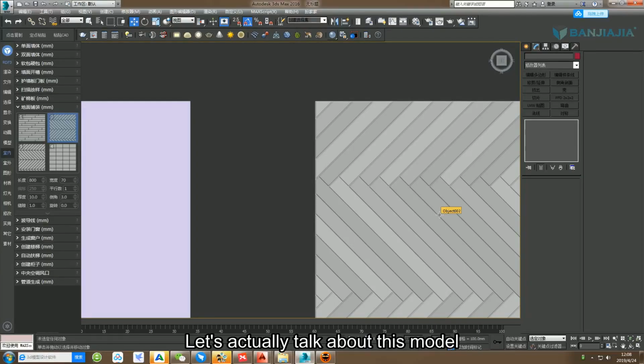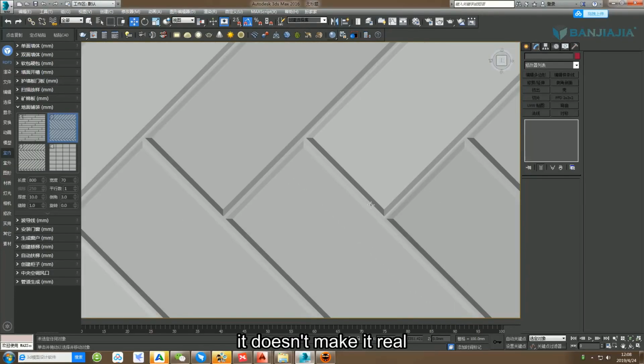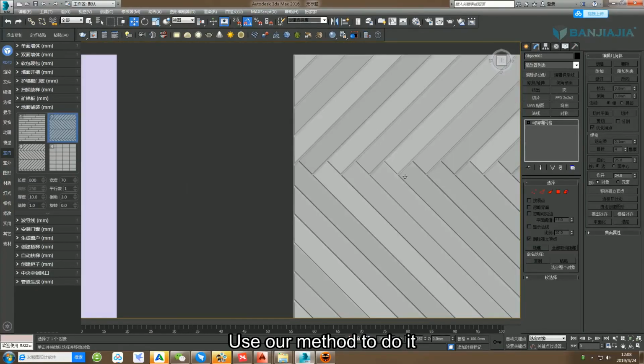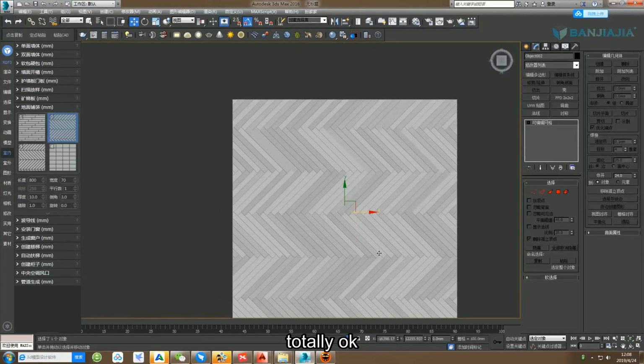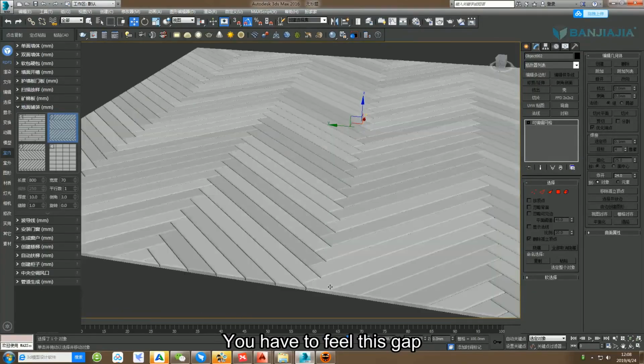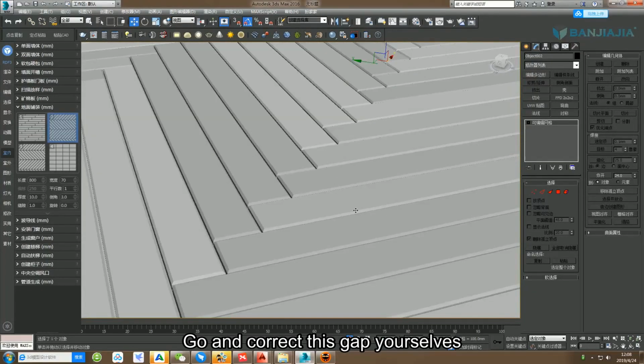Let's actually talk about this model. Make this thing. There must be an essential difference, right? It's unrealistic, to put it bluntly. It doesn't make it real. So if we use our method to do it, then it's totally okay. So if you feel this gap is relatively big, go and correct this gap yourselves,